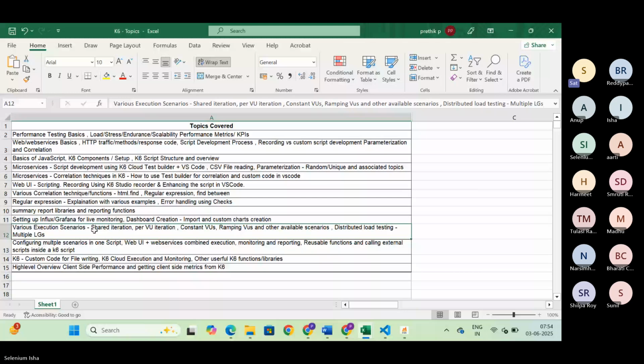Okay, and K6 doesn't support distributed load testing by default. Like JMeter, you cannot share your scripts from one master to multiple LGs. You cannot control master-slave. All these things are not available in K6, but we'll try to see how we can still achieve load testing from multiple LGs. Okay, and then we'll configure multiple scenarios, your UI, web services, and then do